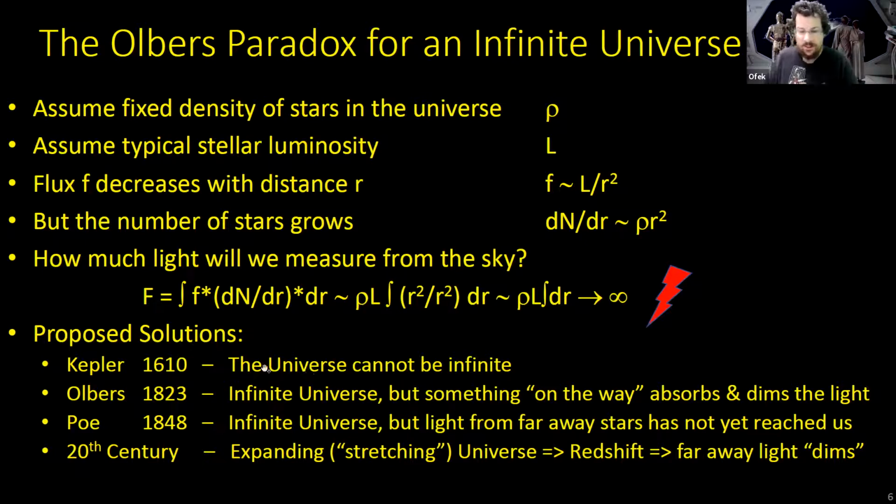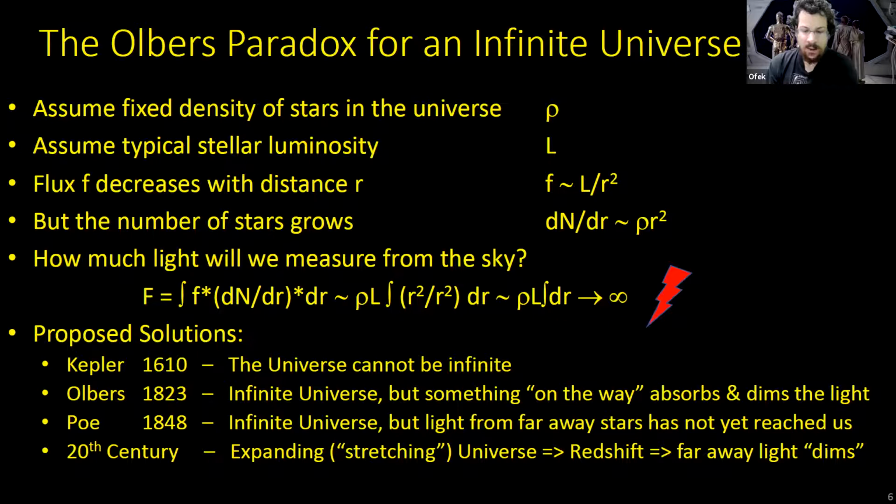I'll just comment that today the universe is accepted as infinite, so Kepler's explanation is no longer regarded as relevant. We talked about Poe's explanation. Today the universe, we think, has been old enough for a lot of light to reach us. And redshift from the expanding universe isn't quite relevant on the local scale. On the galactic scale, it's not relevant. Even in our local neighborhood of galaxies, it's not strong enough to overcome gravitational attraction. Galaxies in our vicinity are actually coming close to us.